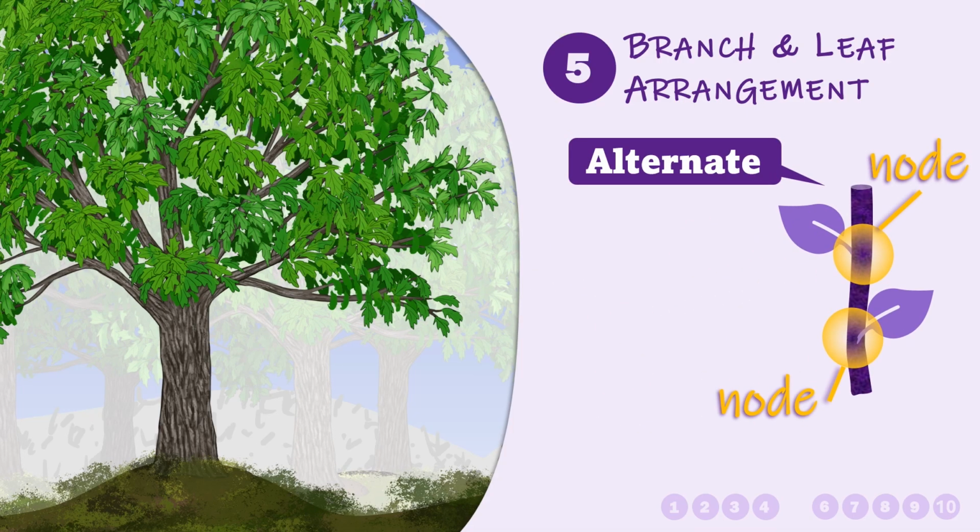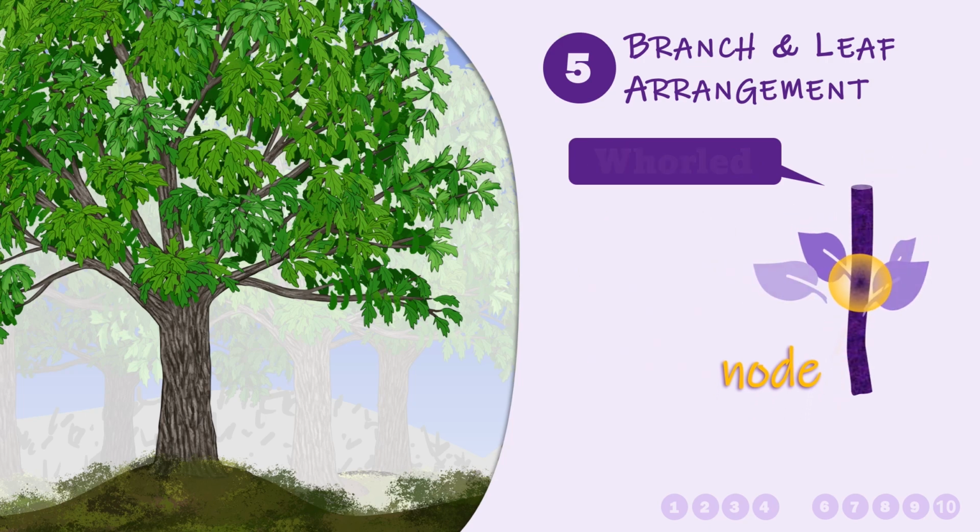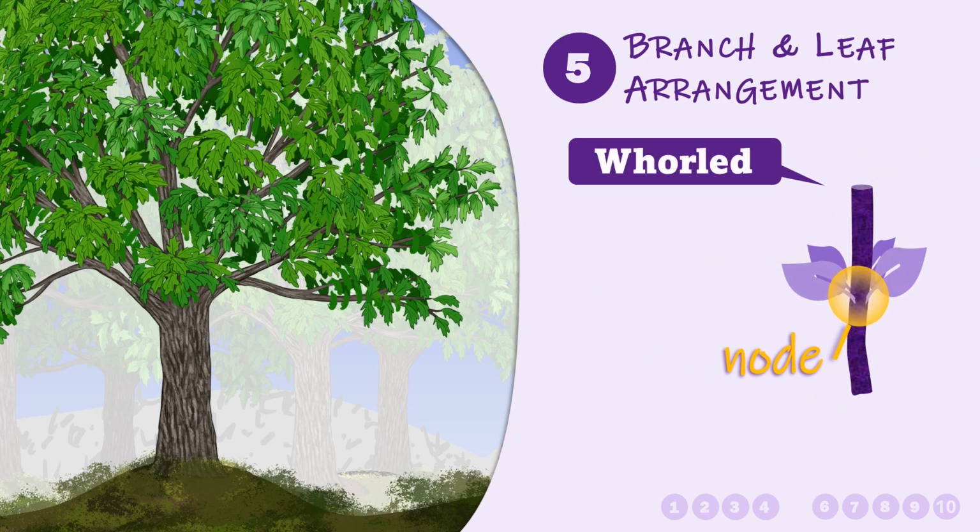In contrast, when the leaves or branches are attached in a staggered pattern on alternating nodes, they are called alternate. Alternate branching is the most common type of arrangement. Finally, the whorled arrangement is the least common. It is when 3 or more leaves or branches attach to a single node, creating a ring of leaves or